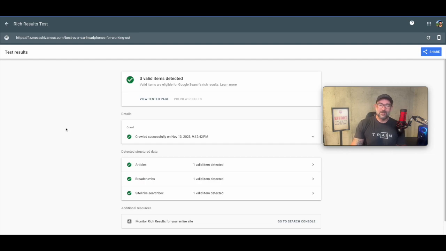So that's my first tip. Go to the rich results test. I'll put a link in the description down below. Enter your article, pick one, and then take some of the competitors that are ranking in front of you and make sure that you have what they've got also. If not, you've got a little bit of work to do. Let's move on to the second point.